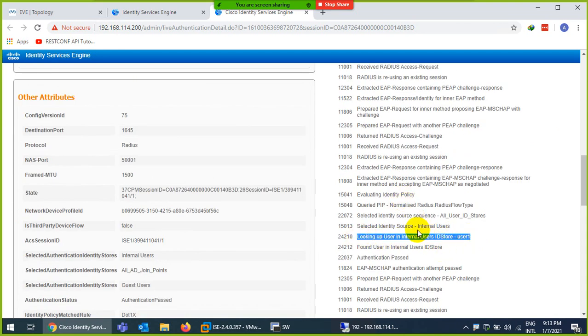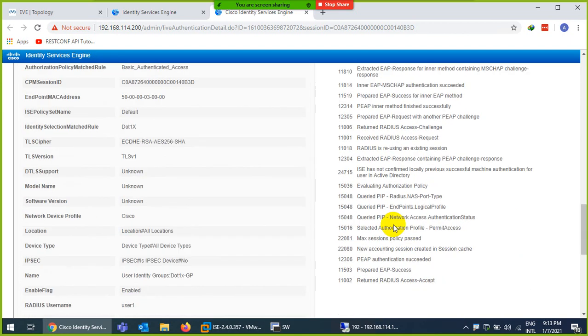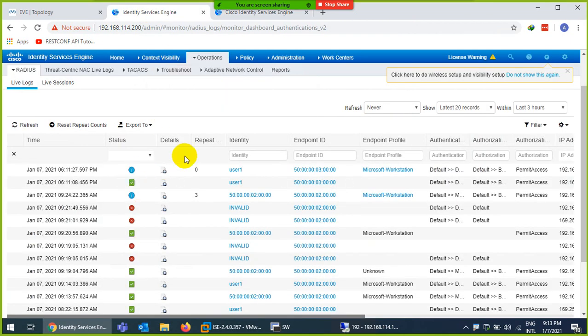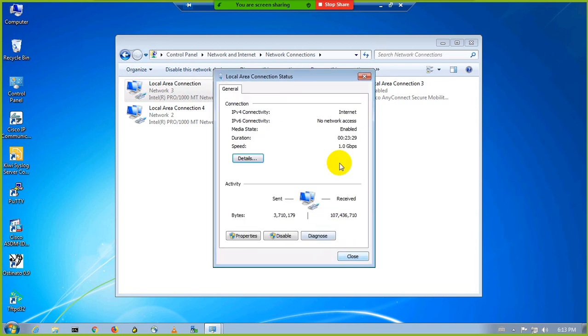So user1 was found in internal users, and we check the authentication as pass, and then we allowed them to connect. These are the full details, and the shortcut is here. And Microsoft Workstation with MAC address 0/3, and if you check the MAC address, yes, 5000.03 is the MAC address.